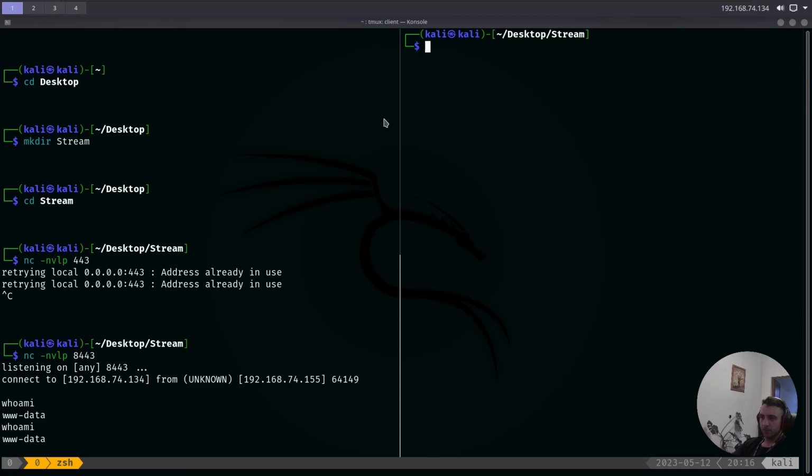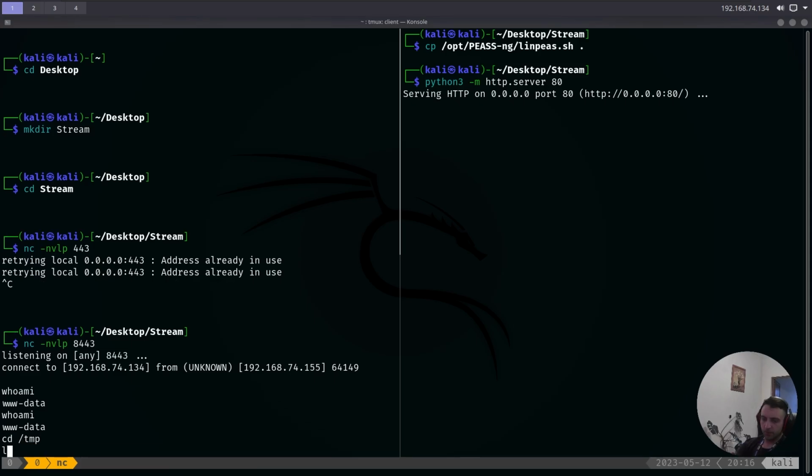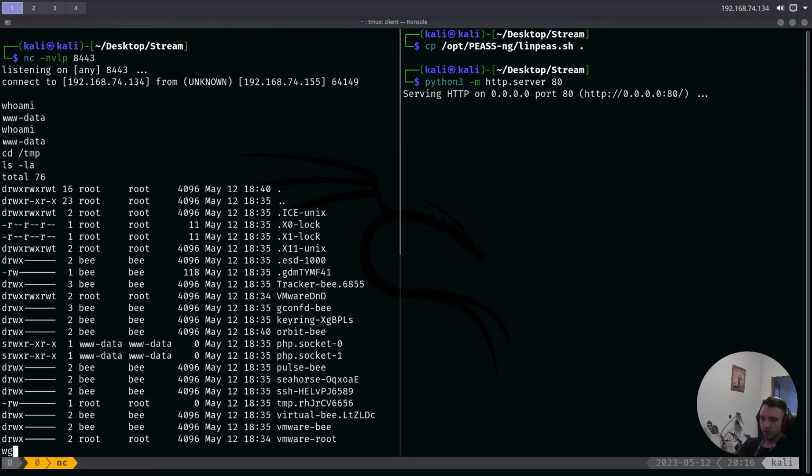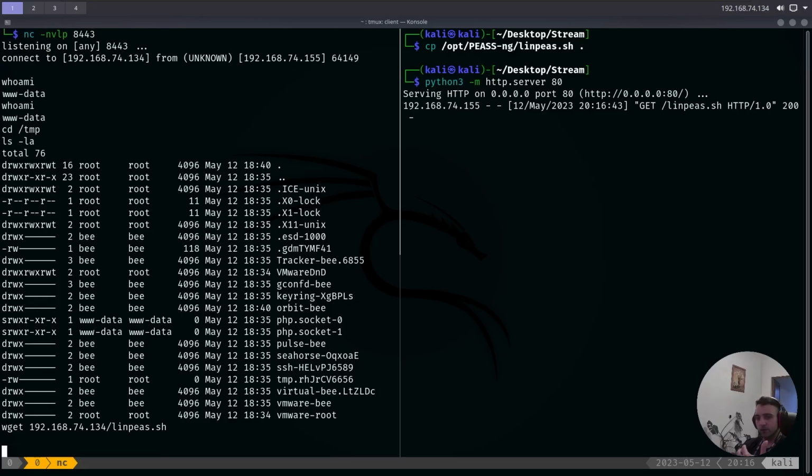Now, in terms of that, I want to copy opt linpeas.sh to here, host it on a Python web server, and just download it. So cd temp, ls -la, and do wget my IP and linpeas.sh. Another cool way of executing that is, instead of downloading that, we can do curl, the same thing,